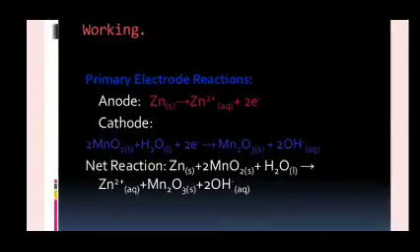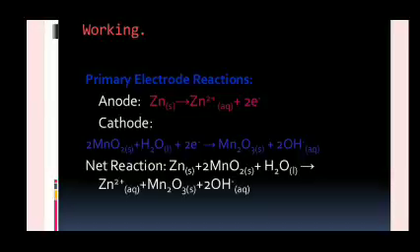In these primary cells, using zinc and manganese dioxide, zinc converts to Zn2+ and electrons. Those electrons move from anode to cathode. At the cathode, the manganese dioxide and water gain those electrons to form manganese trioxide plus hydroxyl ions. Net reaction: solid zinc reacts with solid manganese dioxide and liquid water